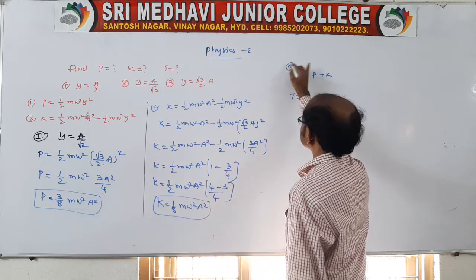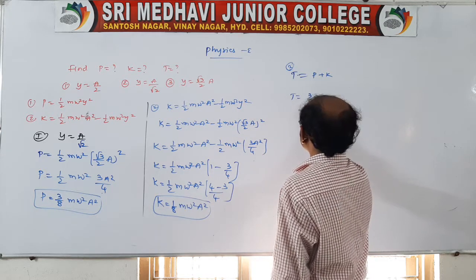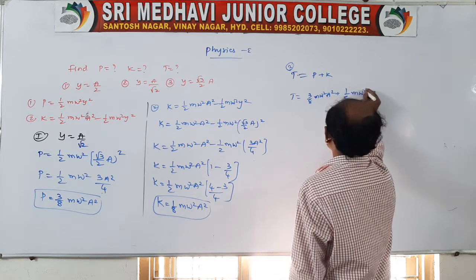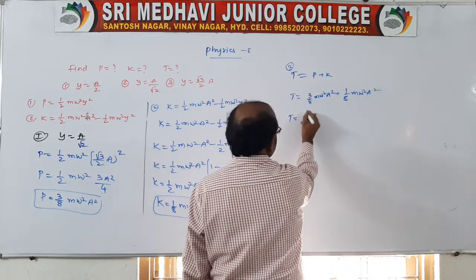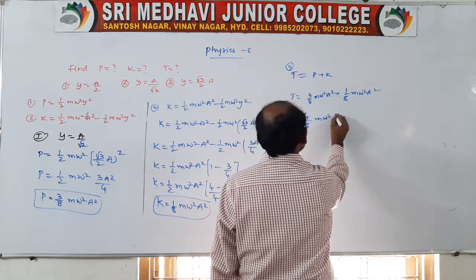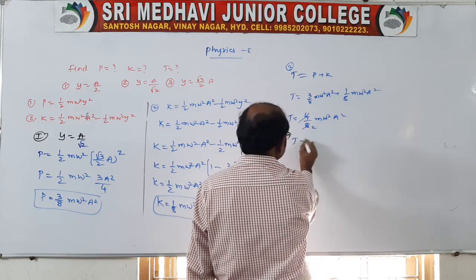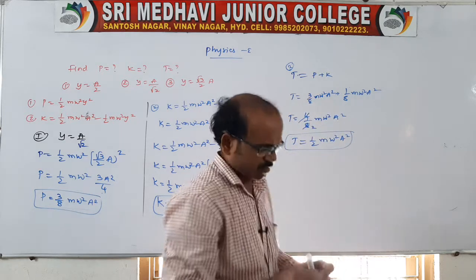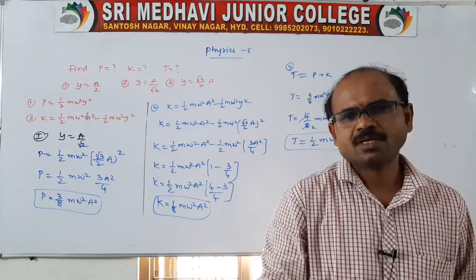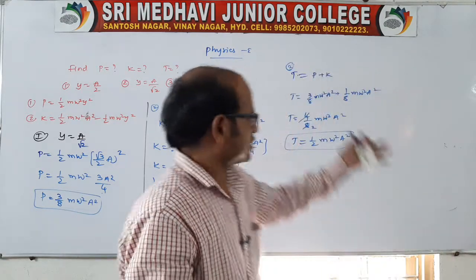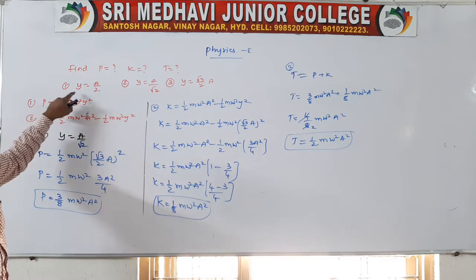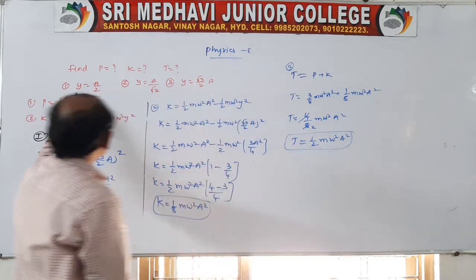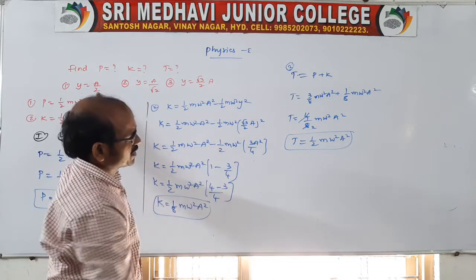So for the third one, potential energy is 3 by 8 m omega square a square plus kinetic energy 1 by 8 m omega square a square. So you add this, 4 by 8 m omega square a square, 4 ones, 4 twos. See, look at, for all displacements, wherever you see in simple harmonic motion, the total energy remains constant. Yes, of course it is proved. At different situations, different displacements, the total energy will be half m omega square a square only, because for this displacement total energy will be 1 by 2 m omega square a square.